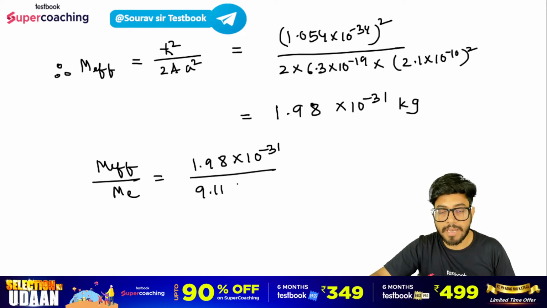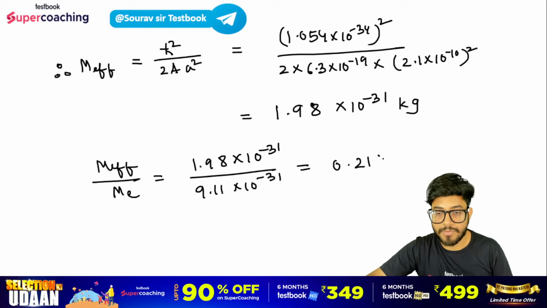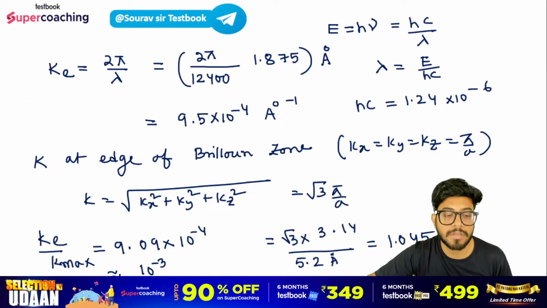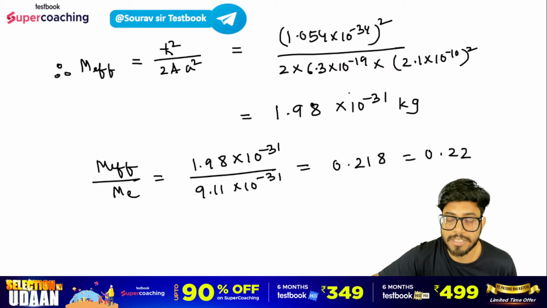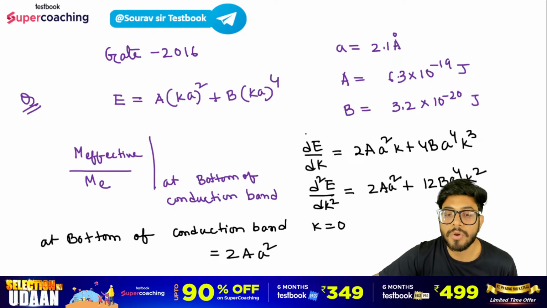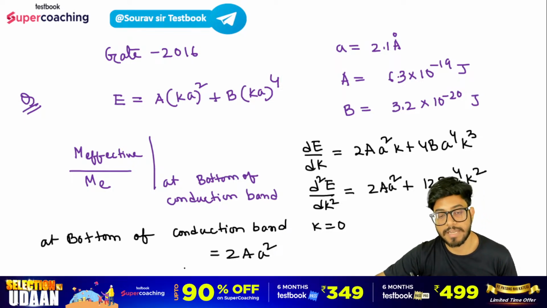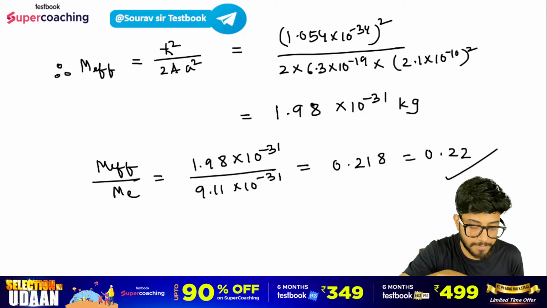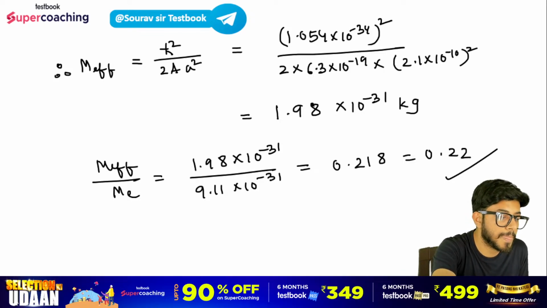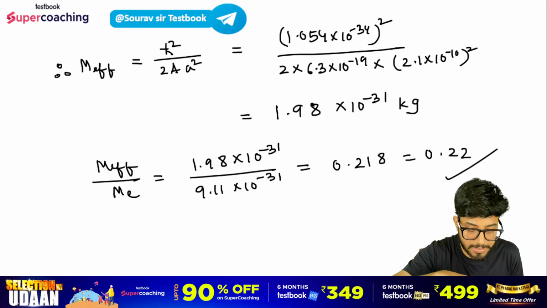तो भाई एम इफेक्टिव बाई एम ऑफ एन इलेक्ट्रॉन कितना होगा, डिवाइडेड बाय 9.11 into 10 to the power minus 31, तुम्हारा जो है 0.218, दैट इज 0.22 अप्रॉक्स आ जाएगा। तो ये तेरा आंसर क्या होगा। लोगों ने पूछा था एट द बॉटम ऑफ द कंडक्शन बैंड पे क्या वैल्यू होगा। तो वैल्यू तुम्हें पता ही है, 0 होता है। और लोगों ने ये पूछा था कि इफेक्टिव मास एट द बॉटम ऑफ द कंडक्शन बैंड क्या होगा, एम इफेक्टिव बाय एम इलेक्ट्रॉन। तो ये तेरा आंसर आएगा 0.22।